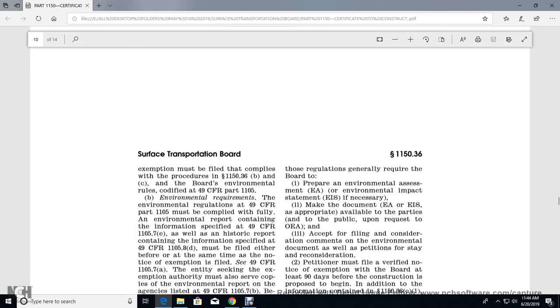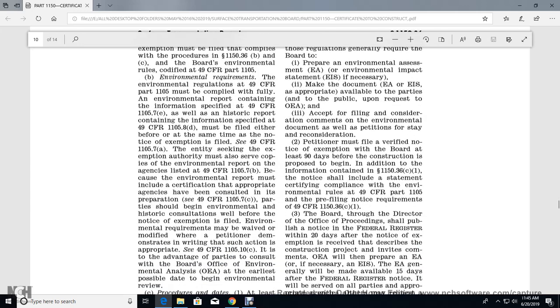filed in compliance with the procedures of 1150.36(b) and then (c), with the requirements of environmental rules codified in Title 49 CFR 1105 and the environmental requirements. For the environmental regulation, Title 49, Part 1105, the petitioner must comply fully, with an environmental report containing the information specified in Title 49 CFR 1105.7(e), with a historical report containing the information specified in Title